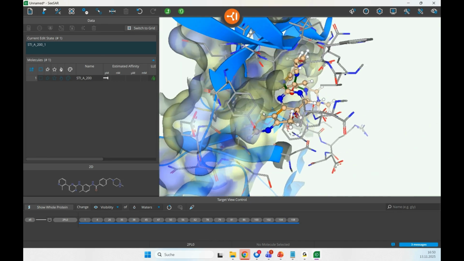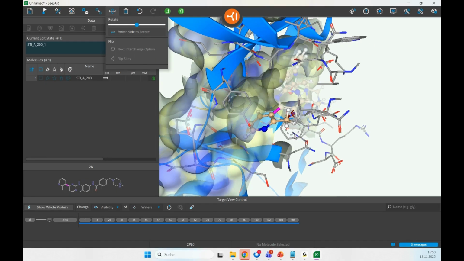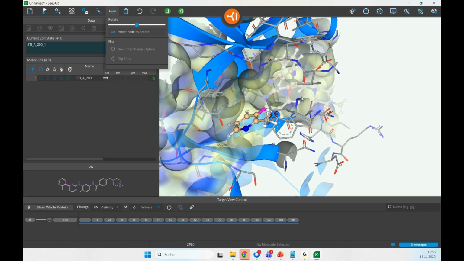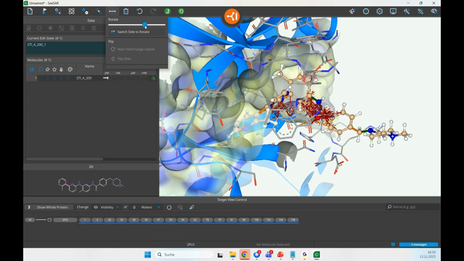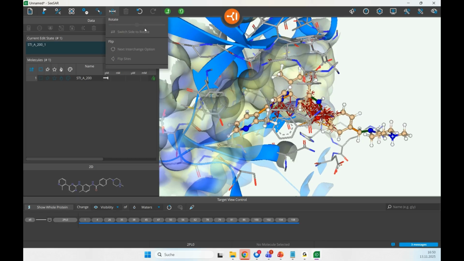What's also quite interesting, it's also possible, in the flipping, now I have selected the small compound. So you can see everything on the right side is grayed out. So this is not changed, this is not affected. We can also switch that. Now we are keeping our methylpyrimidine fixed, and now we are working with the rest of the ligand. So basically, if you want to switch sides of whichever residue or moiety you would like to rotate, this is